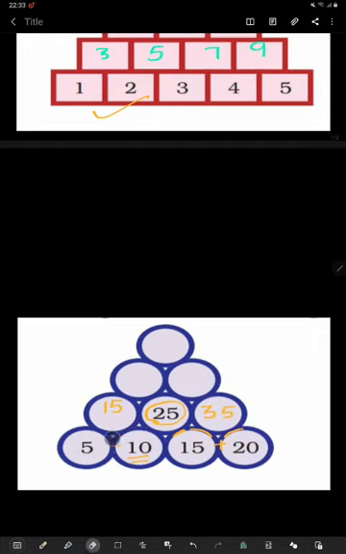Now this circle is sharing the boundaries with two circles. Okay, these two circles. So now you can add these two numbers. Okay, what you will get? 40. Yes, and when you will add these two numbers, so what you will get? Can you give the answer? Yes, your answer is correct. 60. I hope you got the answer.